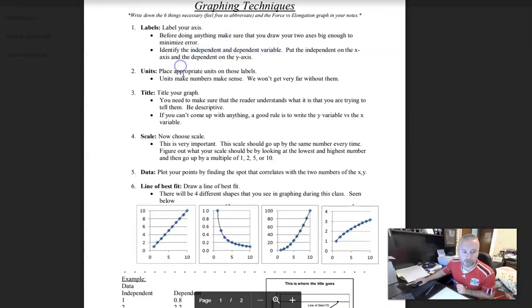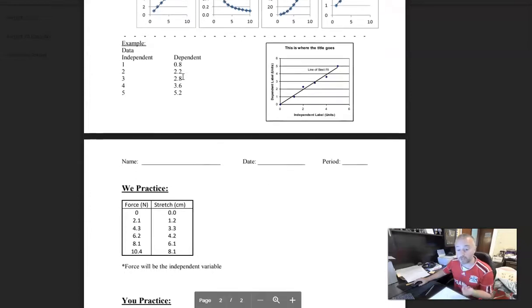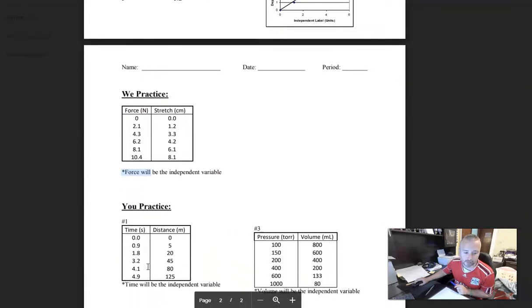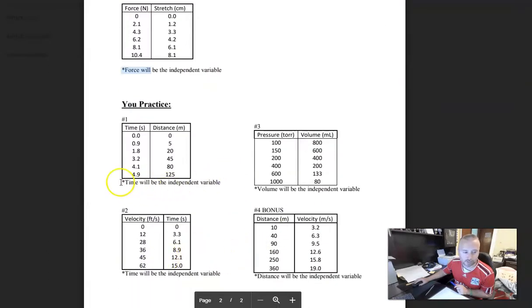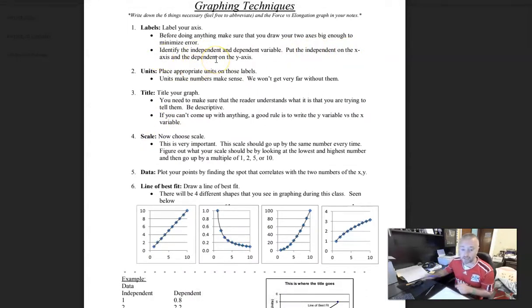Now, in the case of this worksheet, that's not easy to see. We don't know what's being measured. So the main thing you'll see here is that it tells you right down here what the independent variable is. When you go down to practice these problems, it tells you what the independent variable is in those cases as well. That says that the independent will go on the x-axis, the dependent will go on the